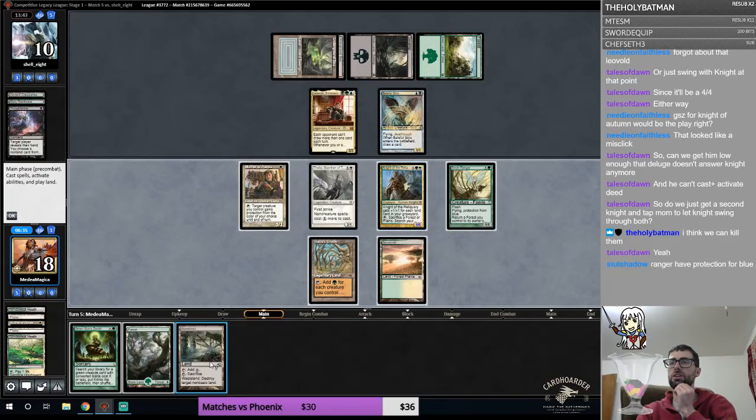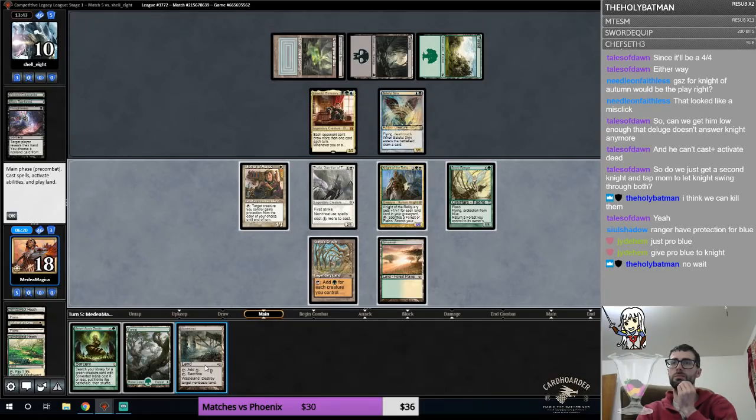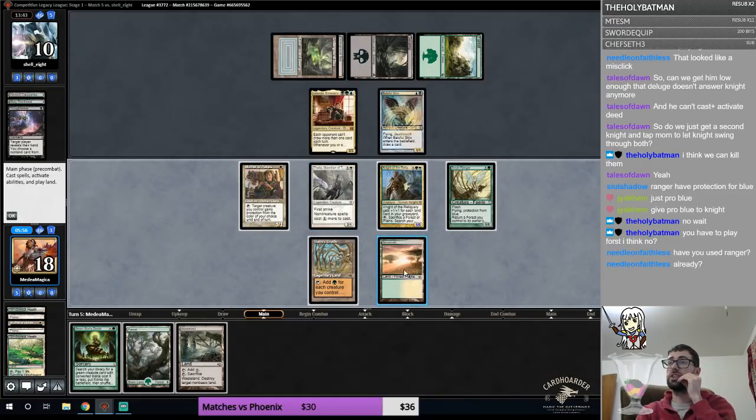So I have 6, 7, 8, 9 with a Knight activation. Use Scrib Ranger to untap it. Okay. Neat. What do you mean, no wait? Did I mess up? Oh, I have 1 Forest? No, I haven't used Ranger yet. So I need to both sacrifice a land and play a land? Okay. So I go